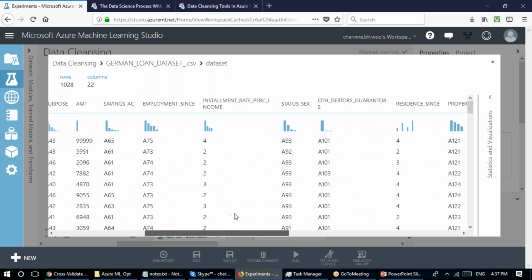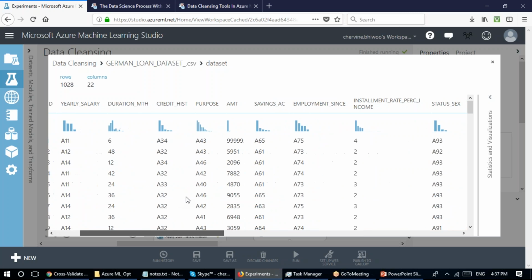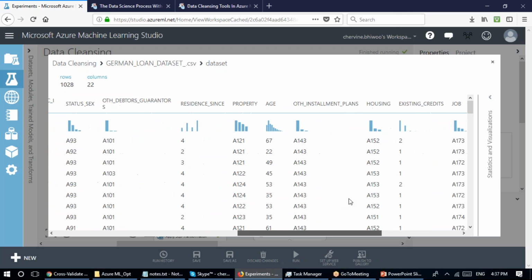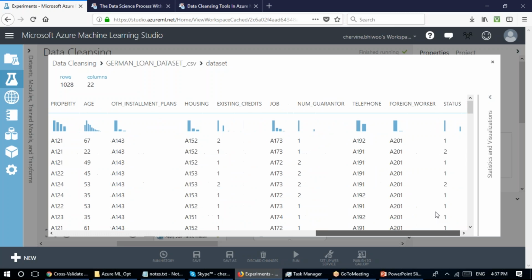This is a binary, two-class classification problem that we approached. The idea is that for each line, we have the customer profile, and then we have this status column here, which is telling us whether